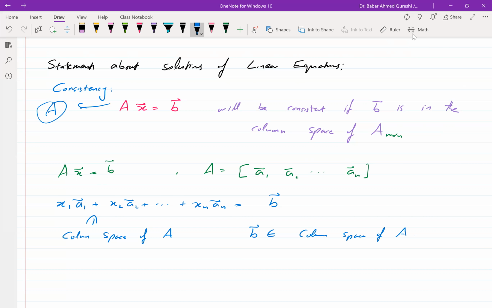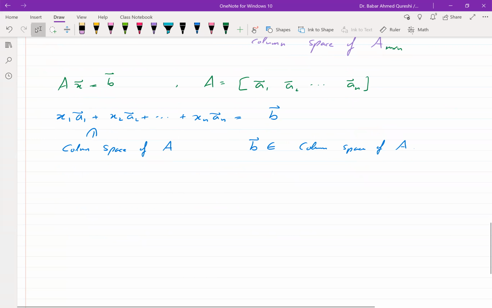So if B is in the column space of A, which is a subspace of R^m, then your equation will be consistent. Otherwise, it will not be consistent. So it's kind of an obvious statement, but it also gives you some kind of a geometric picture. So for example,